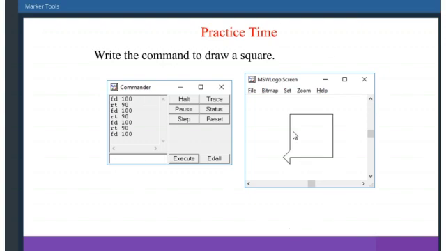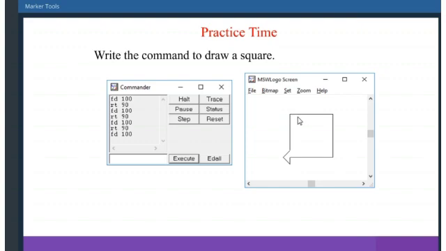So, listen children. Look at the picture. You should practice these commands on your computer. Give the commands like this. We should draw a square. The first one, forward 100. Then right turn, RT 90, so the turtle will turn right.